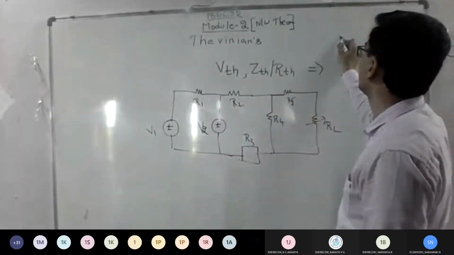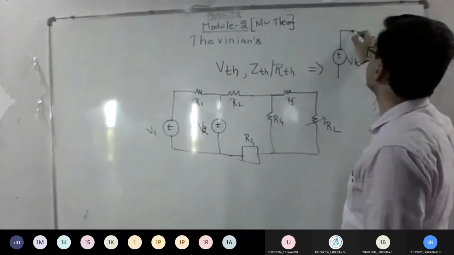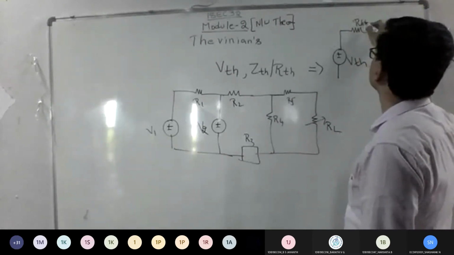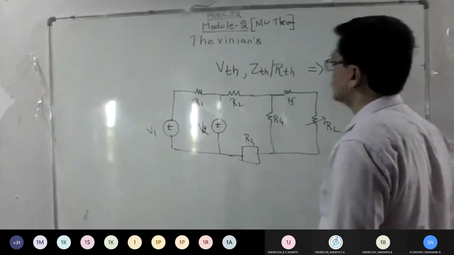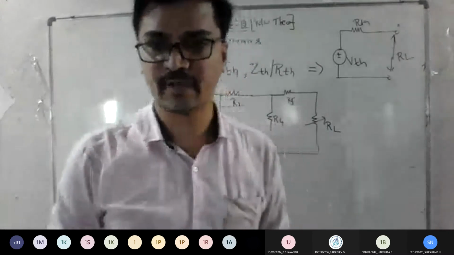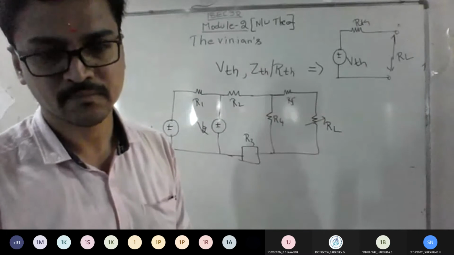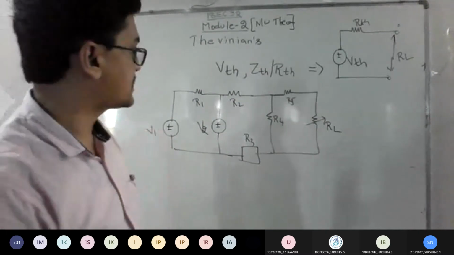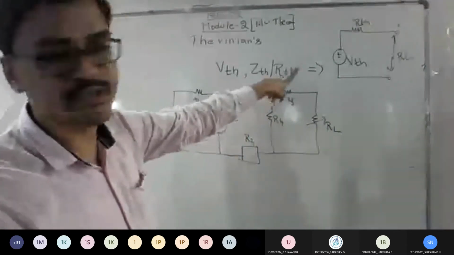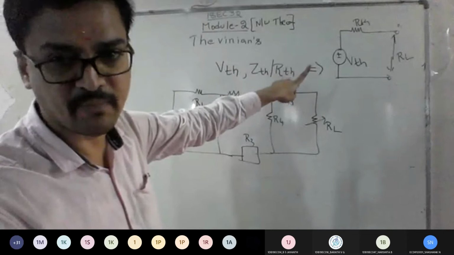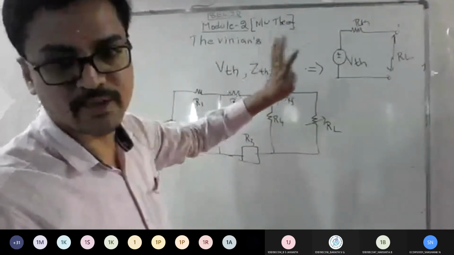All the voltage sources will come to one voltage source, and I am going to designate it as VTH. In series with this, I am going to connect RTH, and your load will be here. So this is the junction for your load. You got the heading of Thevenin's theorem, everyone now? Am I clear to everyone with this? Yes, sir. See, logic is simple. If you have n number of voltage sources, you can reduce it to one equivalent source called Thevenin's. Similarly, if you have n number of resistors, you can make it one. So using that, you can get the answer.